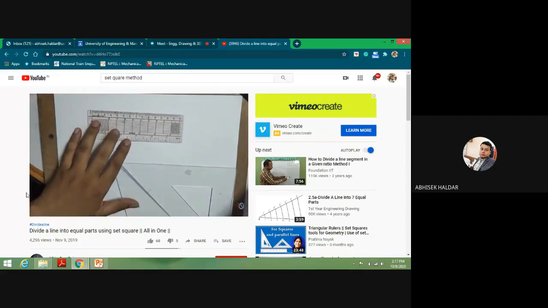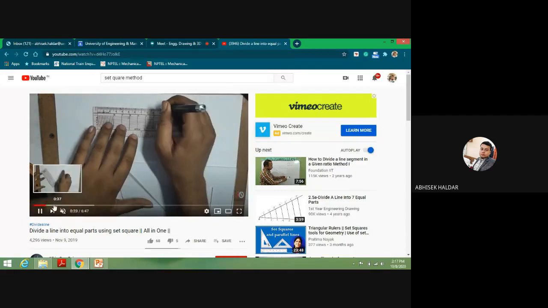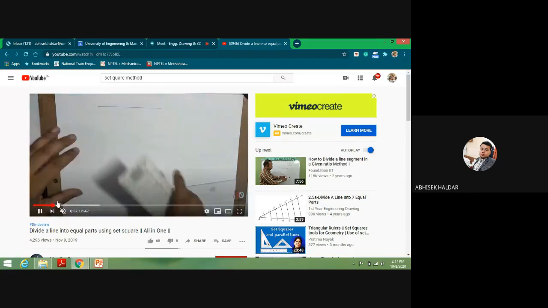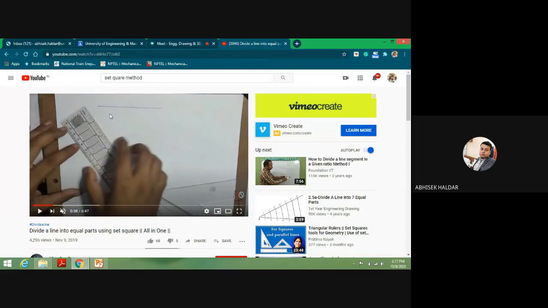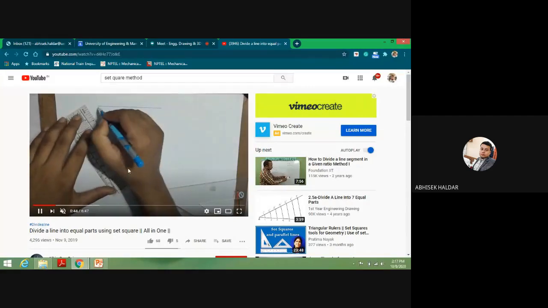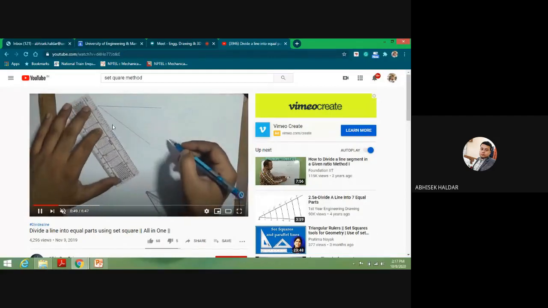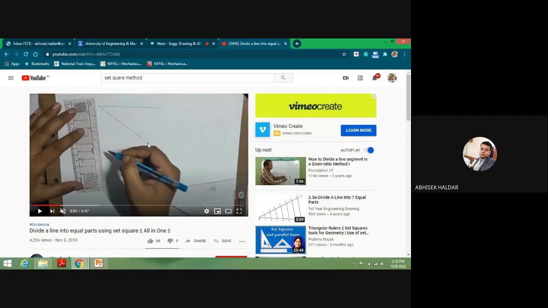So let us take first a straight line. Okay, say this is the straight line. In this straight line, I have to divide some equal number of parts. So the first step that you should take is that from this point you have to draw an inclined line. Very simple. At any angle you can draw this inclined line, of any length. Not much long, but take as per your convenient space. So this horizontal line is the main straight line.